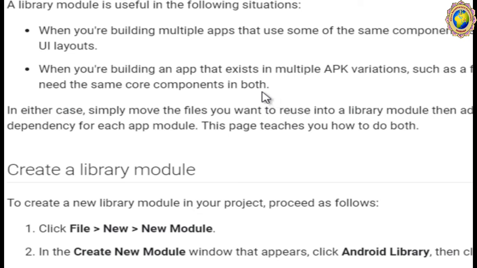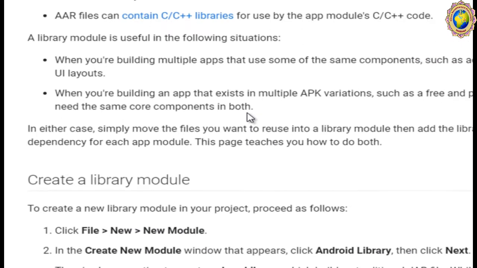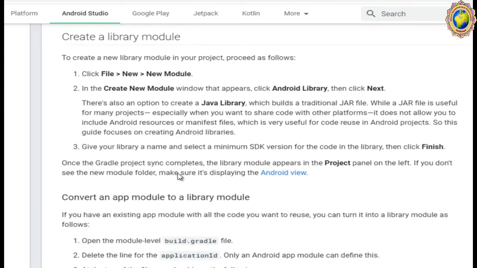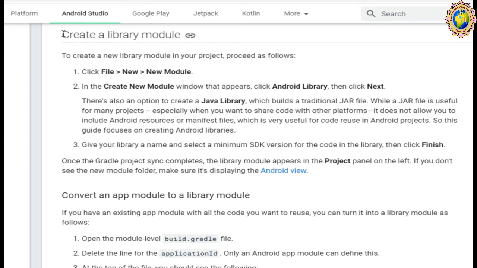In either case, simply move the files you want to reuse into a library module, then add the library as a dependency for each application module, right? So first create a library module.